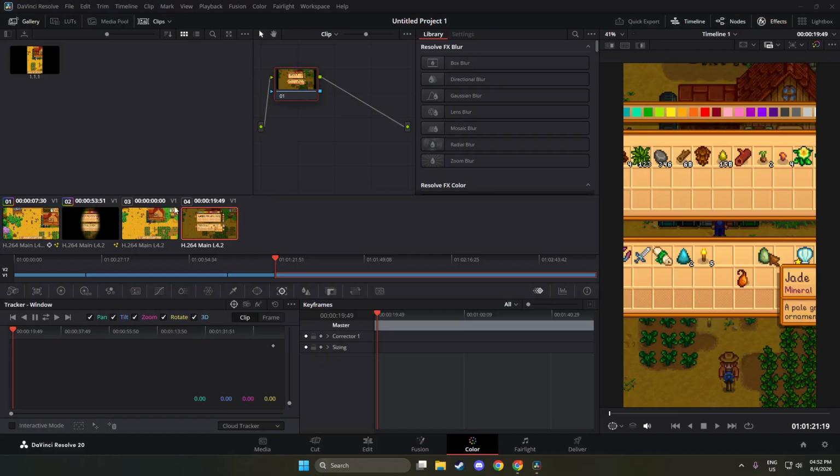With that ready, click the qualifier icon, which looks like a small eyedropper, in the middle toolbar under the viewer. Once it is active, the icon shows as highlighted, and extra qualifier controls appear in the panel, including options for hue, saturation, and luminance ranges. The cursor also turns into an eyedropper in the viewer, so you know you are ready to sample a color.